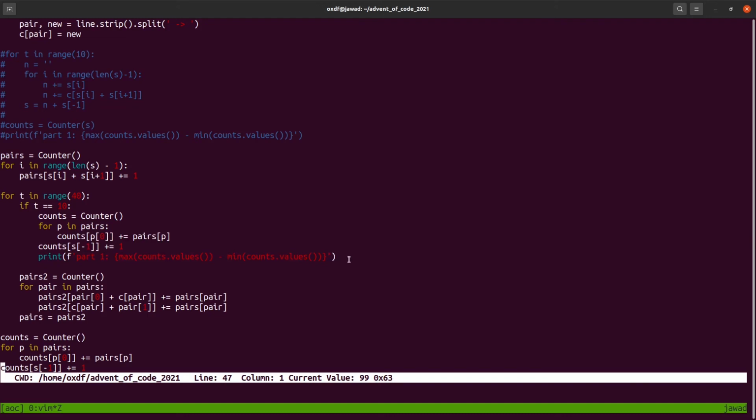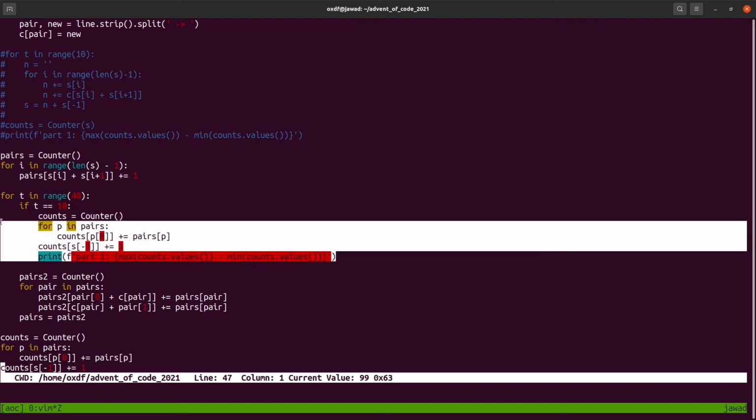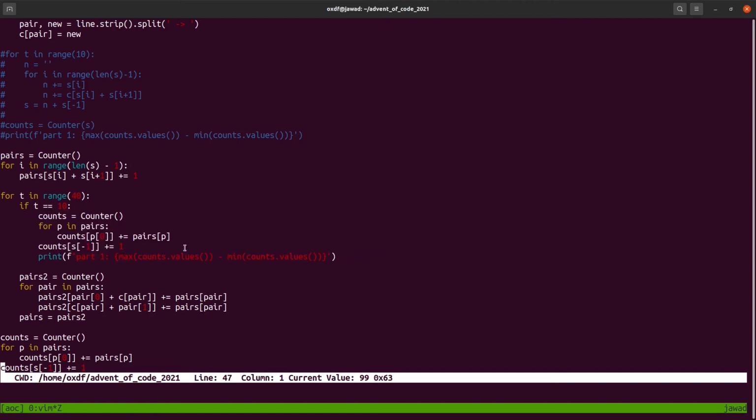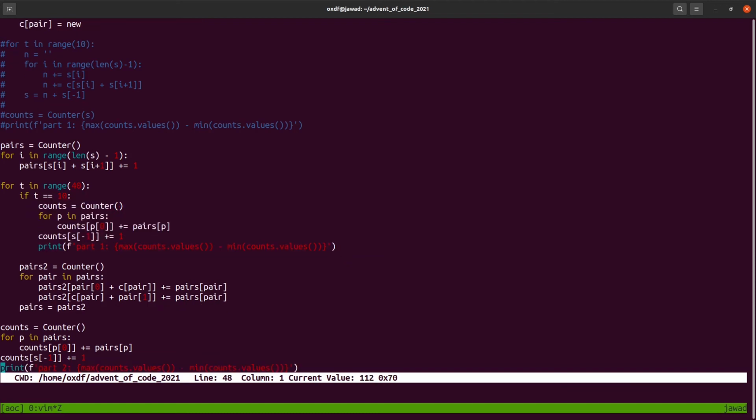I really probably could write a function called something like get score, which takes in all of this and does this, so I don't have to have this code repeated twice. I'm not going to take the time to do that right now. It's simple enough. But otherwise,